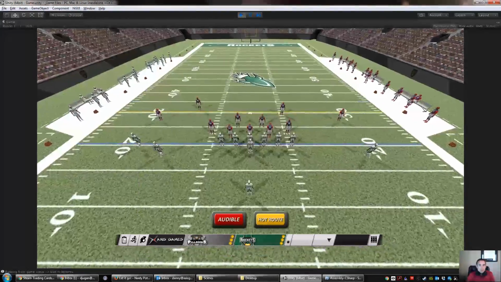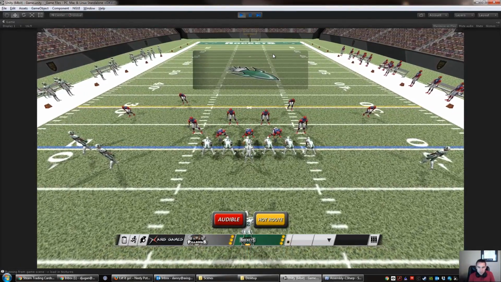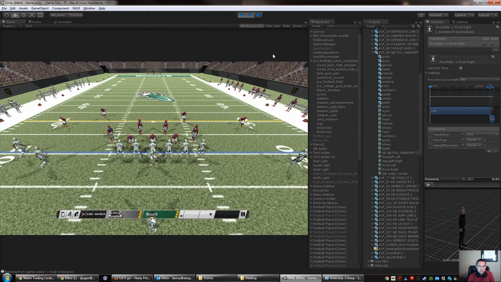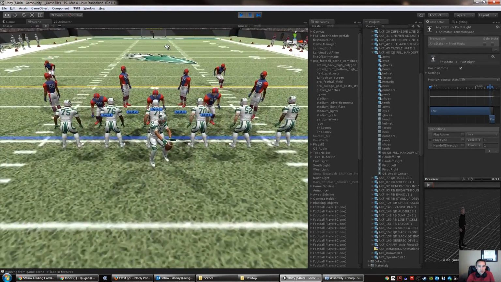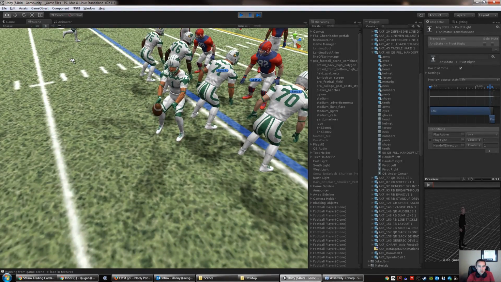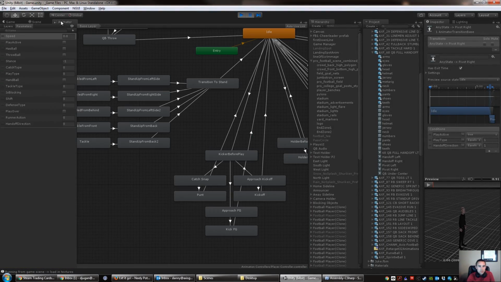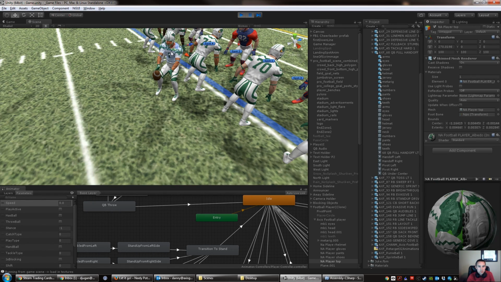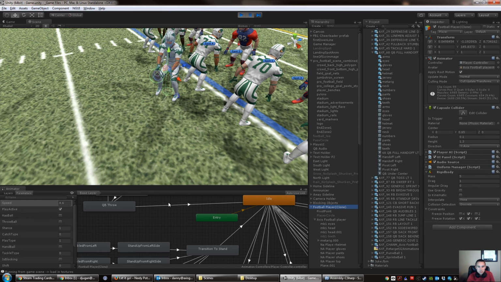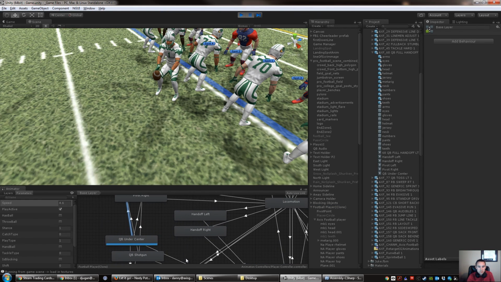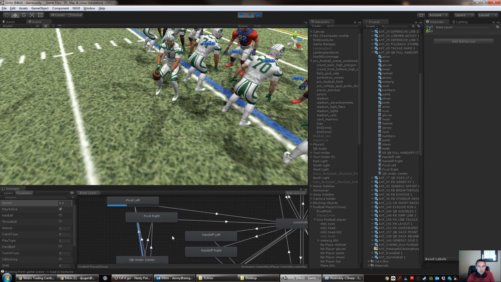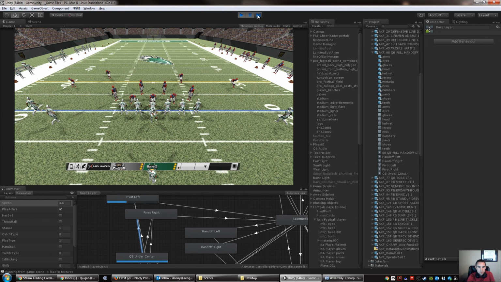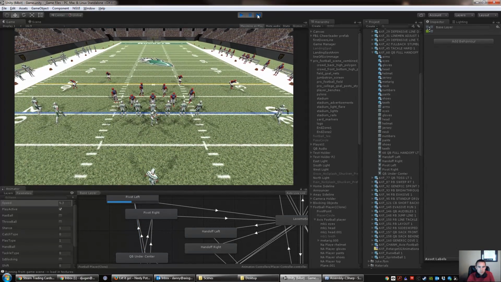Alright, so we'll start with just a basic handoff right now. So immediately he flips and turns, which is not really what I want. And I do want to see what the animator looks like, what we're doing down here. Alright, so we start off and we're under center, which is what we want, and we pivot left,